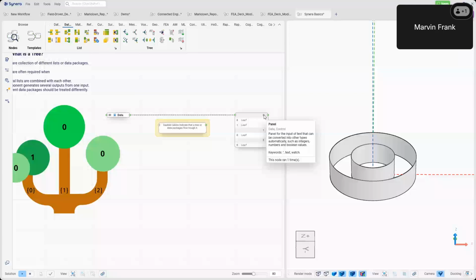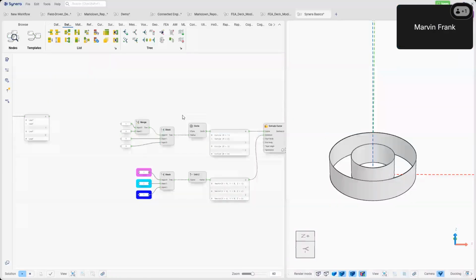And if you know this kind of methodology, where you have one with another one and that goes together, that is an indication to use trees. All right. So when we look at our example here, we see in the end 3 colors. So we have this purple color, this turquoise or bright blue, and then the dark blue. So that's how many tree branches we need to create, because they can be tackled together, and then these need a single tree. That's how we do it, and it's a similar node as merge, the stacking,